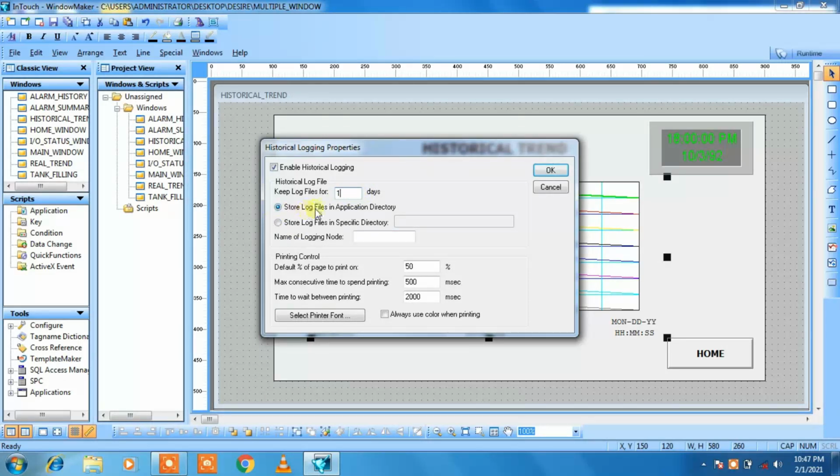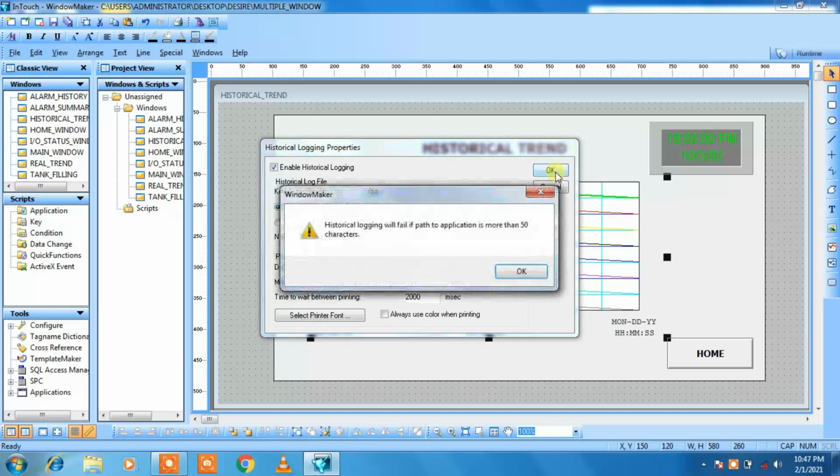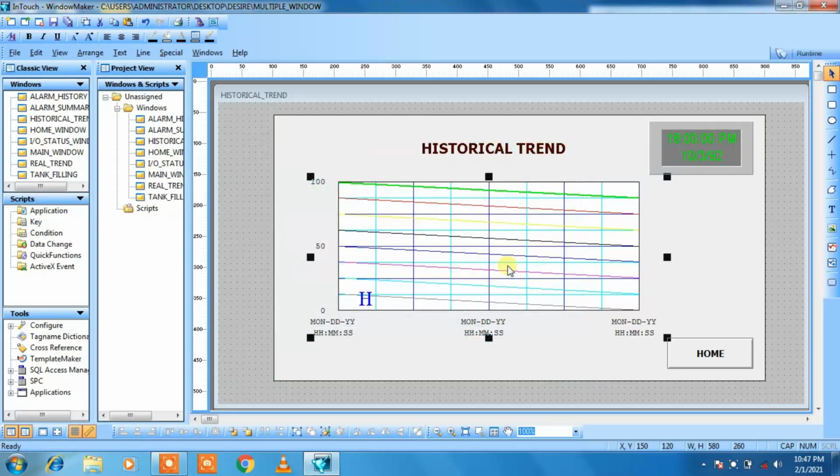Then store log files in application directory. Then just click on OK. So this block will come. Just click on OK. So by this way we have done the graphical representation for historical trend also.